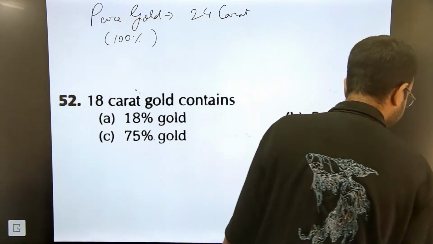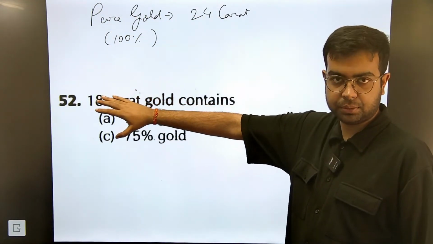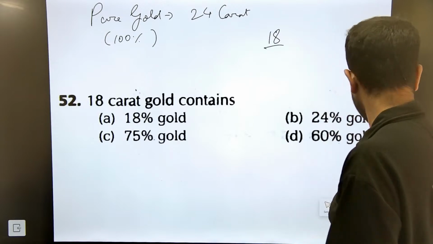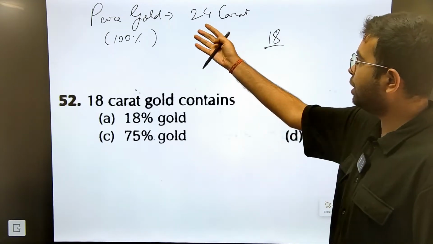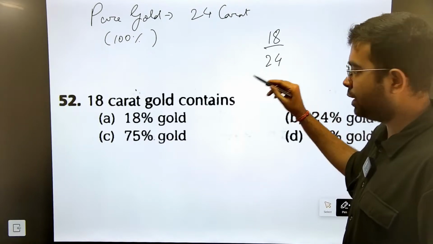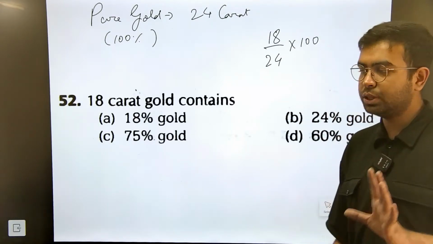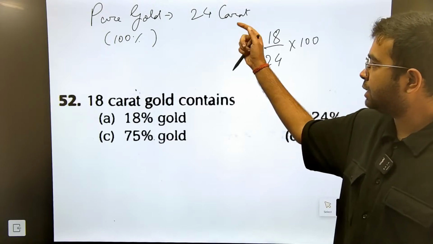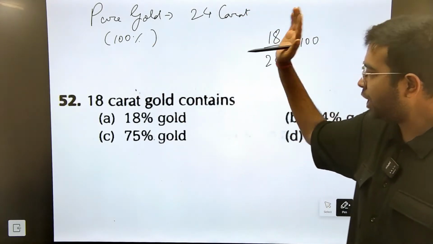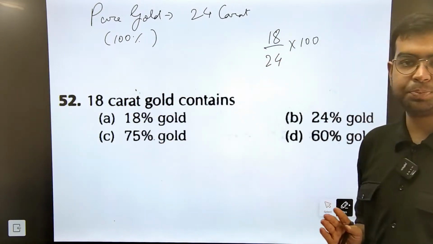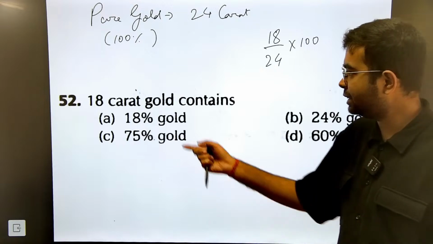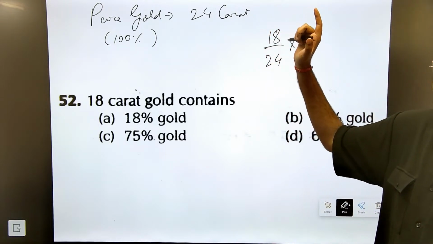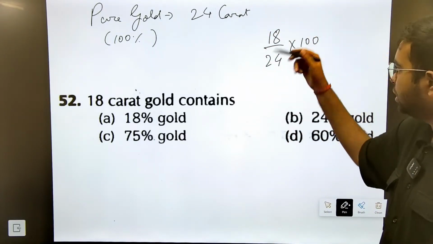ठीक है? So इसको निकालते कैसे हैं? तुमको जितना कैरेट का प्योरिटी निकालने दिया है उतना कैरेट लो, divided by the pure gold's carat which is 24, ठीक है, and multiply it by 100. तुमको उतने कैरेट गोल्ड का प्योरिटी मिल जाएगा। यहाँ देखो प्योर गोल्ड का कैरेट कितना है, 24 कैरेट, ठीक है। 24 कैरेट is the measure of gold in pure gold which is almost 100%, and we have been asked to find out कि 18 कैरेट गोल्ड में कितना परसेंट सोना होता है, ठीक है। तो हमें क्या करना है, सिंस यहाँ पे 18 कैरेट का पूछा है, हमें 18 को लेना है, लेके 24 से डिवाइड कर देना है, which is the carat in pure gold, and multiply it by 100, ठीक है।